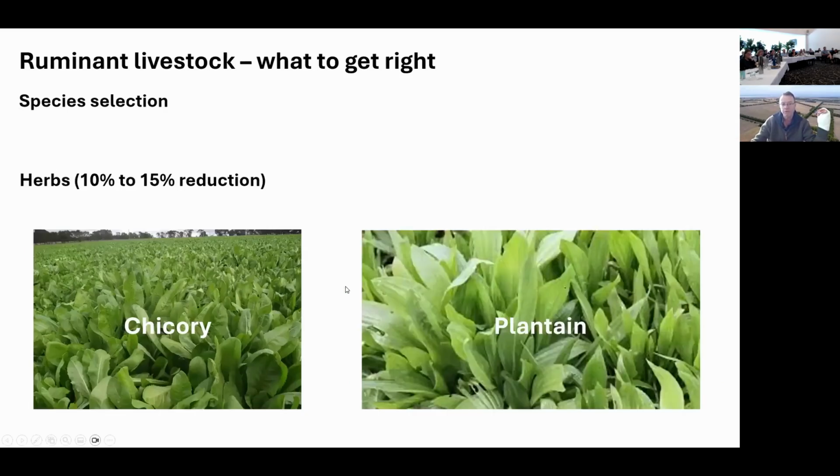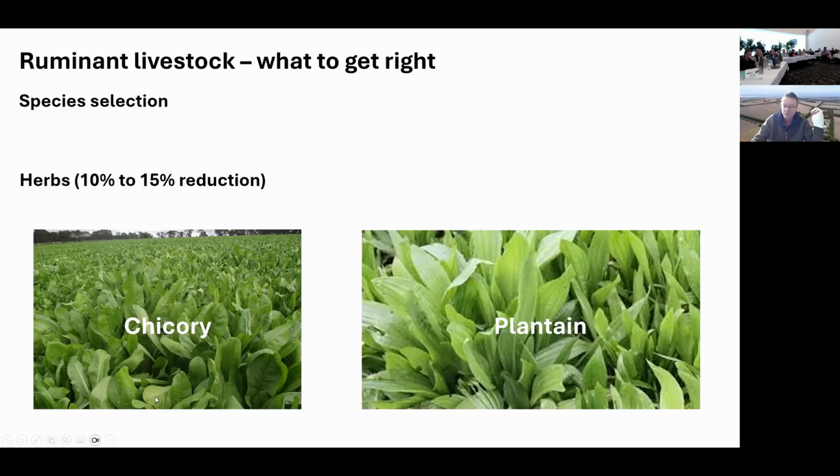So I think in the future there's going to be really opportunity for that in the legumes that we've got. And also some of the herbs. So chicory and plantain, that people have probably heard about, work being done on that as well, showing similar sort of reductions. So if we're thinking about what you can do to reduce your emissions, I think over time there will be a change in the species mix that we use, the selection of that and the balance of that across a farm. Notwithstanding that it's still got to fit the farm system and your growing season and all those sort of things. But there's a bit of hope, I reckon, in the species that we've got.